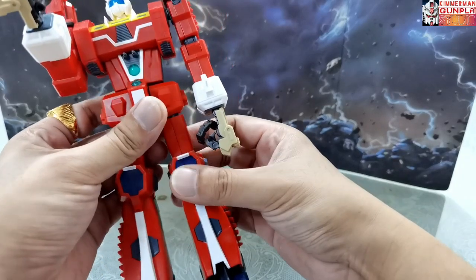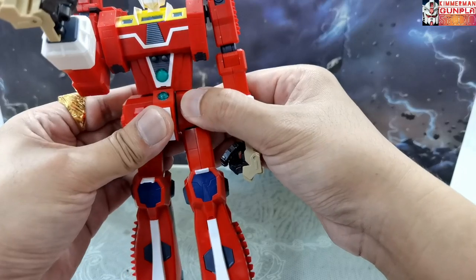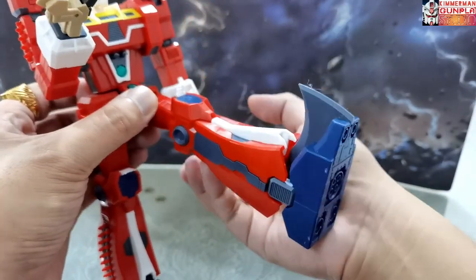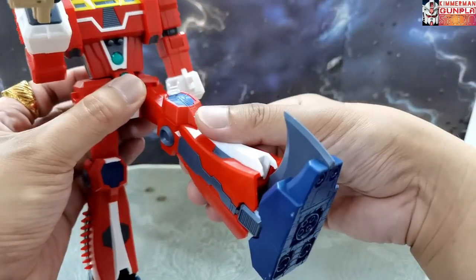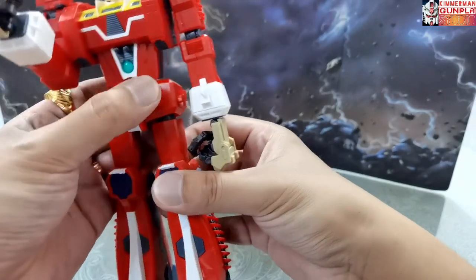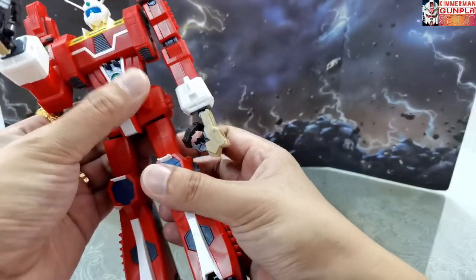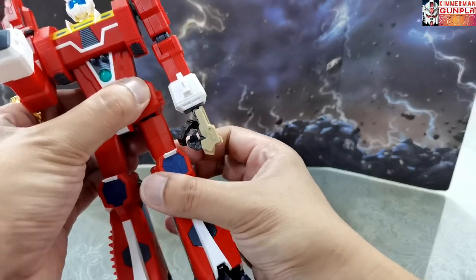Okay, so the legs, the legs are really nice here. There's a point of articulation here. Okay, it can kick up to this far. That's high, right? Sorry for the dust. It's dusty. Okay, and one thing, this part is a bit loose, so just be careful. There's also a movement in this part. There's a movement also in this secondary point on the thigh, and it can rotate like this,